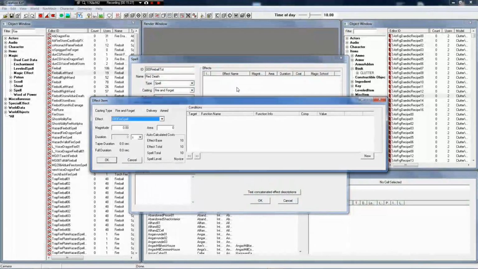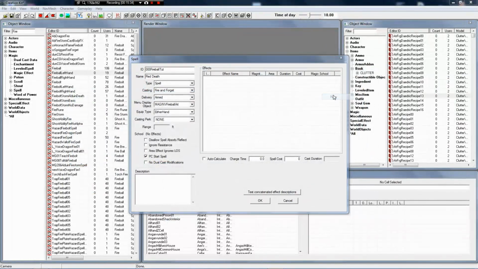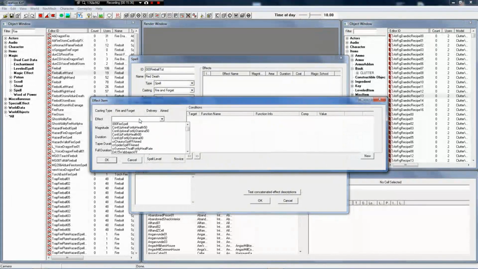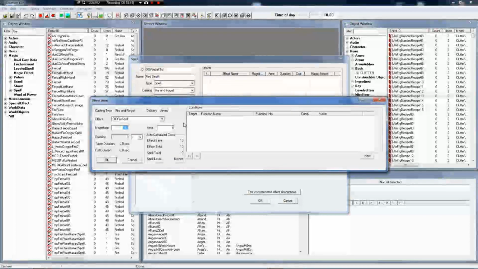Go right click and new on that one. This will come up. And that's the only way you can get this, is right click and new. Or you can edit. Then go here and we see our 000 fire spell. We're going to do our magnitude of, let's do 100, in an area of 75. So this will tell you the auto-calculated